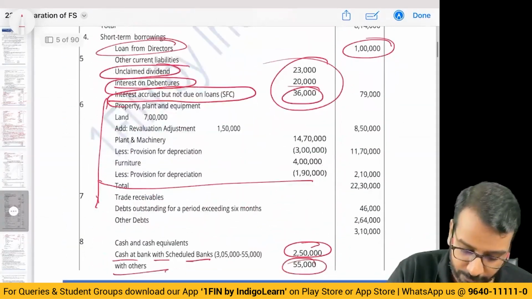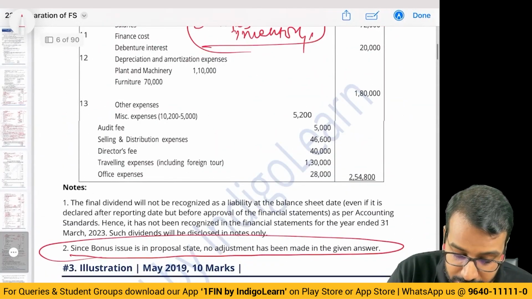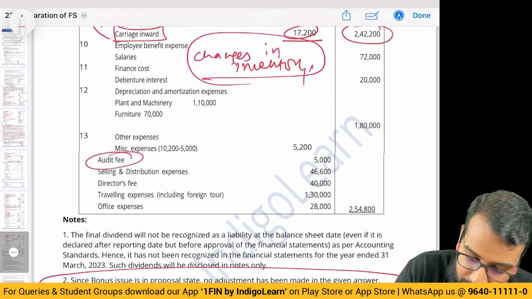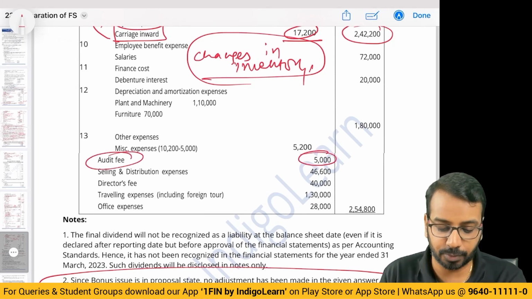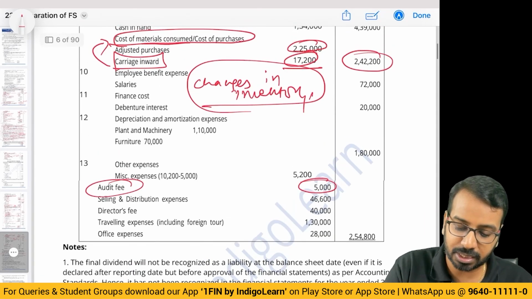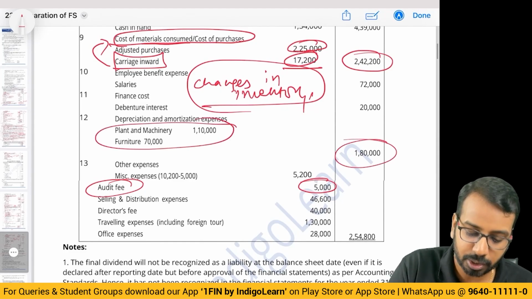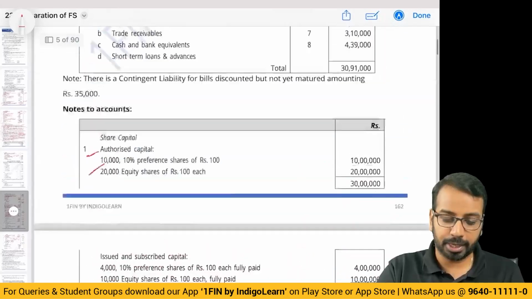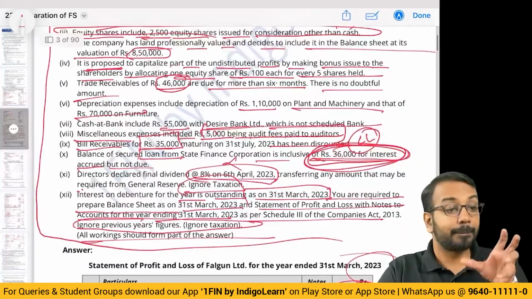Apart from this there is nothing which you need to dwell on, but yes, audit fee has to be separately disclosed, that we have already discussed. Depreciation they have directly given, you can directly use the number and put it in. Okay, alright. Now what to do? Practice this question,